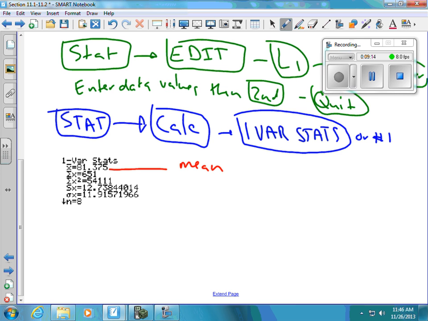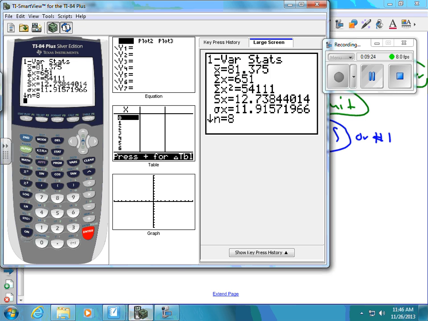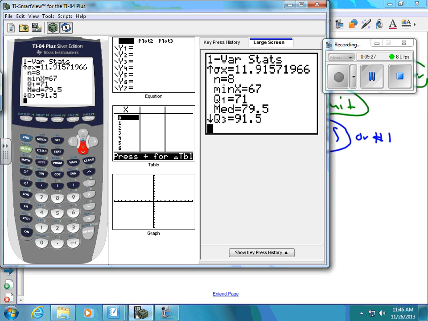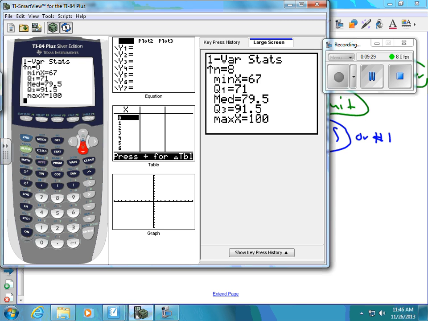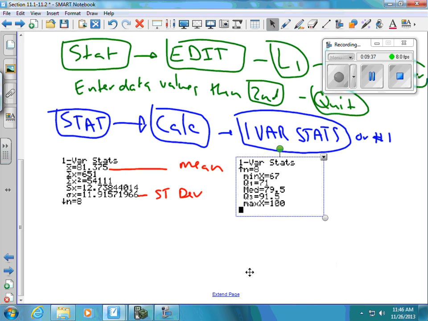One we haven't talked about yet, this is going to be our standard deviation. We haven't talked about that yet. n is the number of data values. It's always a good thing to check in case you accidentally didn't put all of them in. If I go back here, here's some values that we might like. Min, median, max. You're going to need your min and your max for the range. So I'm going to slide this out here. So those are some other values we have, but it gives us our median,